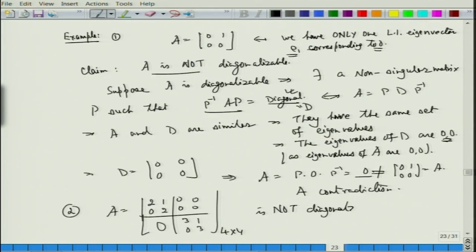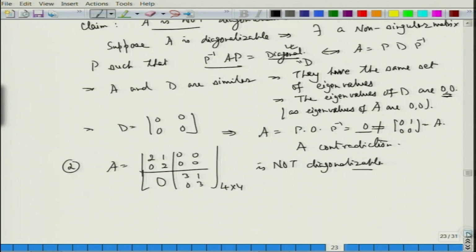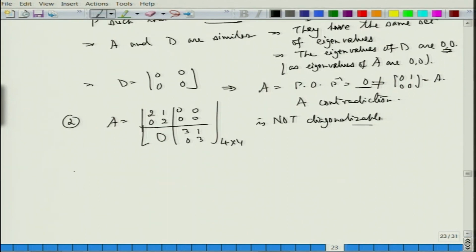So think about why it is not diagonalizable. Try that out yourself. I would also like you to show, though this is a bit difficult, that this matrix A, which is 2, 1, 0, 0, 2, 1, 0, 0, 2, is not diagonalizable,